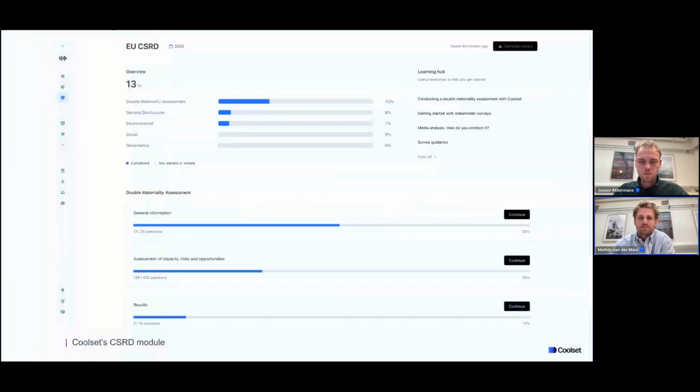Yes, compliance management. So we help companies from beginning to end, meaning that we start at the very beginning in the double materiality assessment with, for example, stakeholder engagement, where it is important to ask your stakeholders their input on the impact materiality and financial materiality of the topics that are relevant, and determine their scoring as we discussed today.